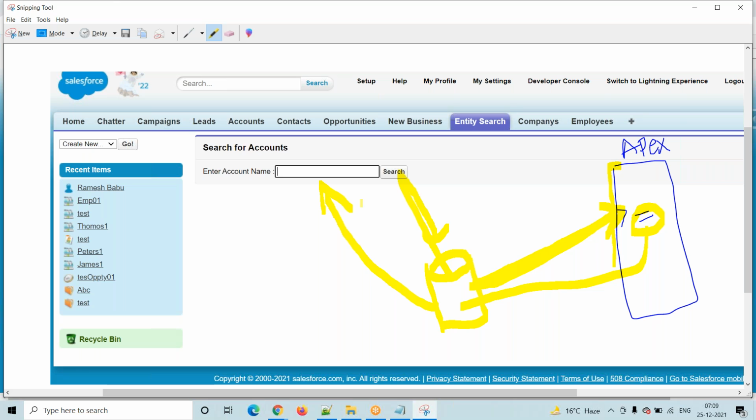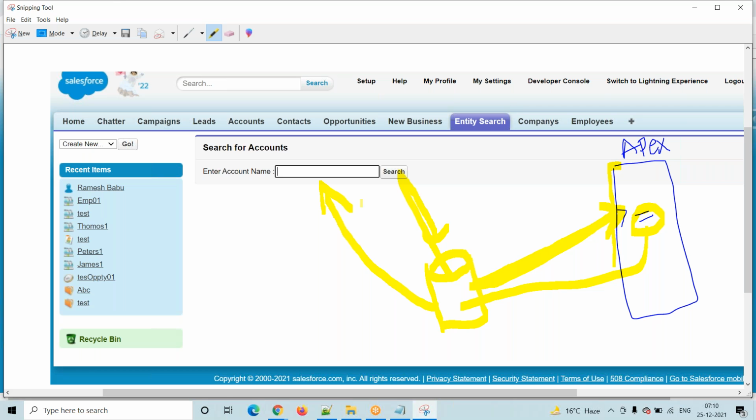That is the process. Requirement is clear, right? Here the issue is, we are performing a simple null check. Null check means checking whether you are entering the data or not. Where are we checking? At the Apex class level. This is a simple validation, so why perform it at the Apex class level? Yes, I will perform at the Apex class level. What is your issue? Whenever you click on the command button, your request goes to the server, from the server to your method, it checks and goes back to the server, and from the server it is displayed to the user. You are hitting the server unnecessarily.